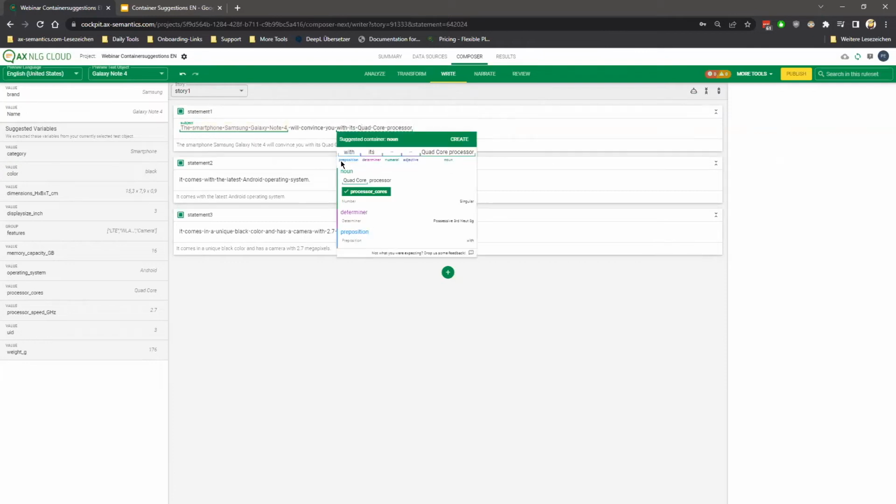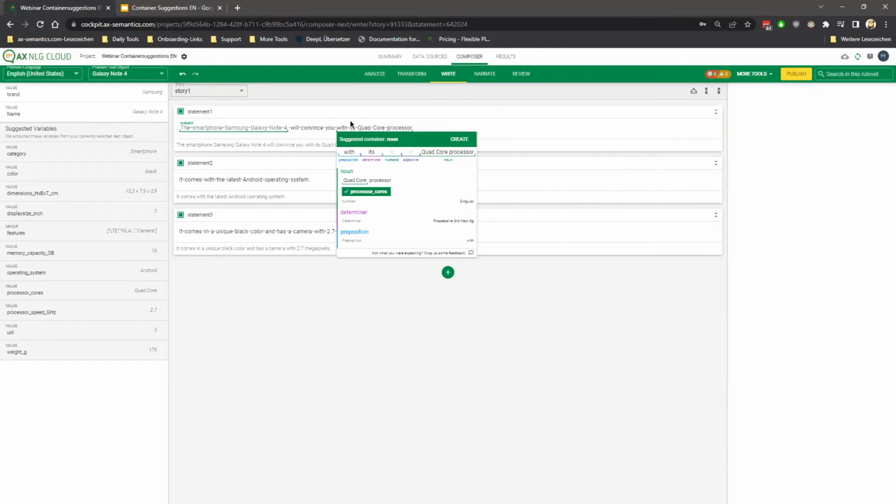You see, it can find a preposition, it finds the correct determiner, it finds a quad-core processor, tries to build the complex noun structure here based on the processor core data fields. Yeah, just because I wrote it correctly. It sets up a determiner. It is a possessive third neutral singular determiner. I don't know how many of you knew that, but you see how this function can help you,